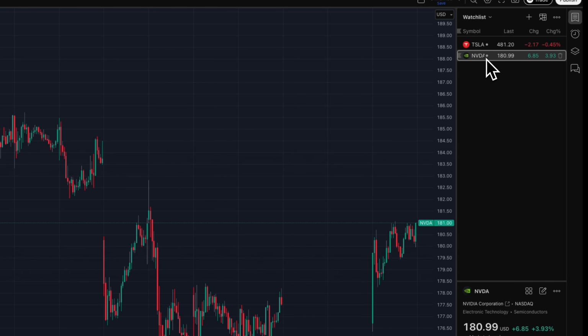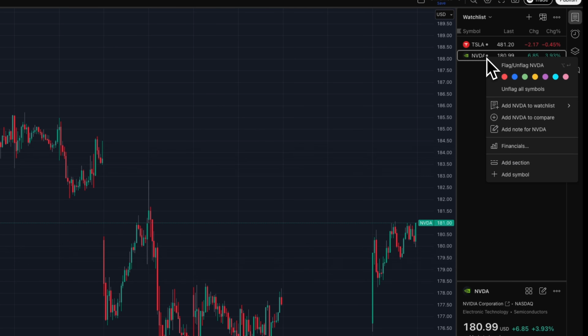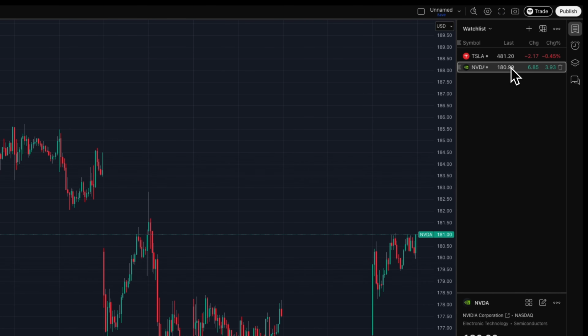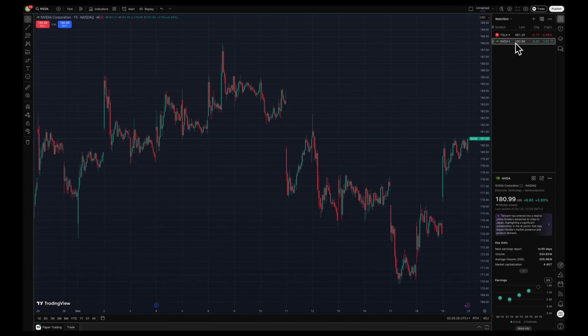Now here, as you can see, if we right click on it, basically we'll be able to see the data. Now, there is a 15 minutes delay on TradingView, but if you upgrade your plan to a premium one, you'll be able to get real-time data. So basically, that's all you have to do in order to get